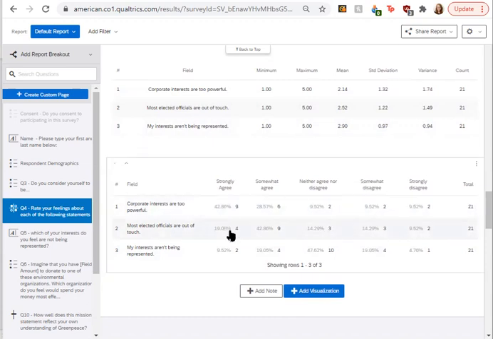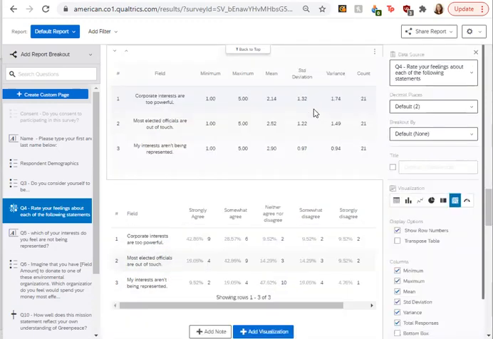We can also see the chart beneath that that shows the number of respondents for each subsection. So this is the number of every single person that strongly agreed to this statement, and so on and so forth, all the way to strongly disagreed. And if we select the statistics table, then we can see more options.